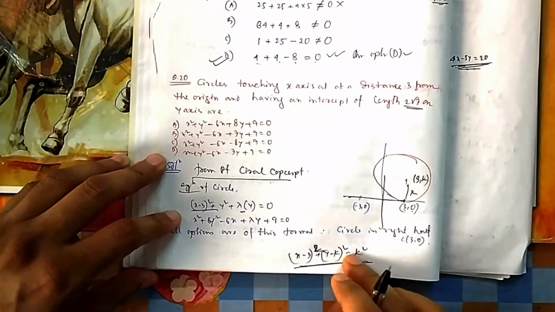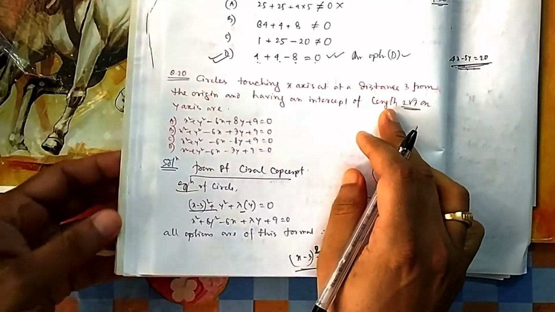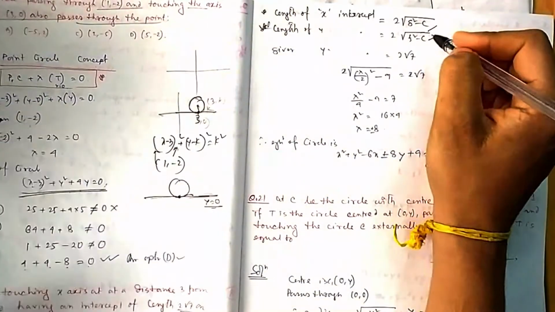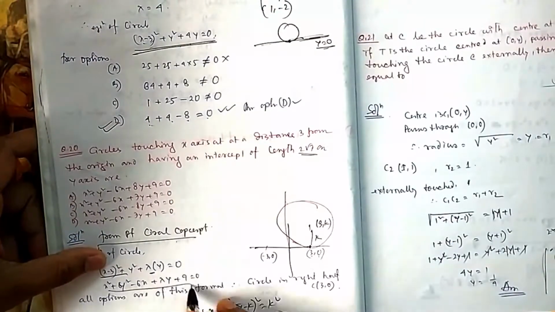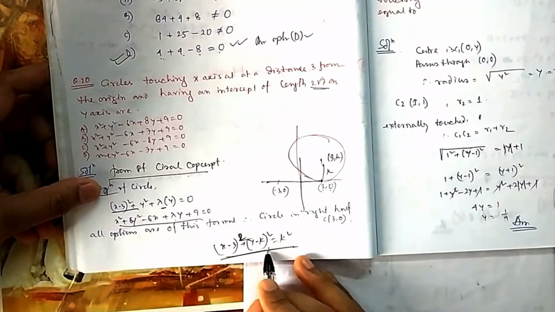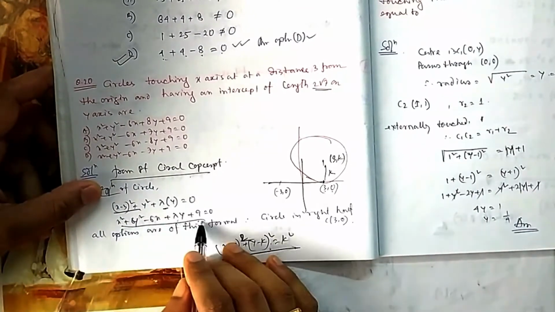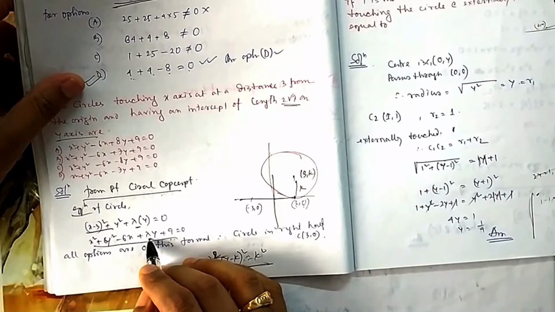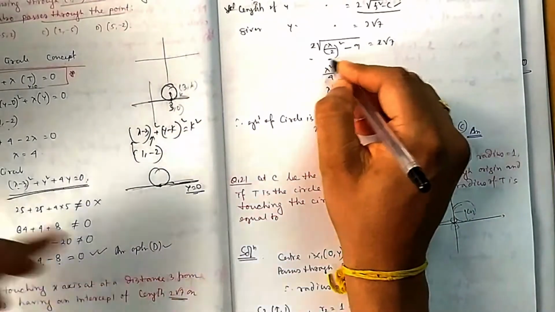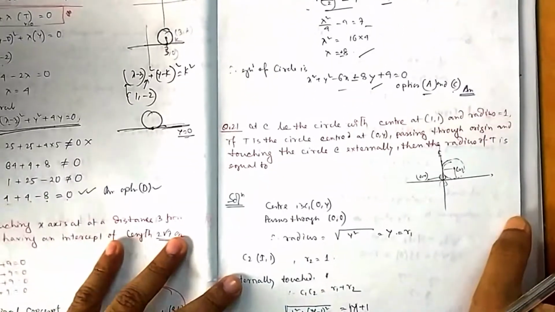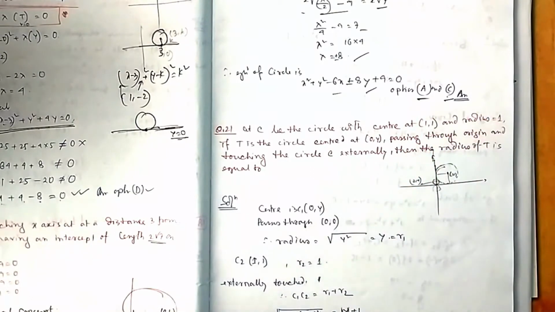So what is its y-intercept? You can remember the x-intercept and y-intercept formulas: 2 under root g square minus c for the x-intercept, and 2 under root f square minus c for the y-intercept. If your circle is of this format, either you write it in this way, then you expand it. You will find something in terms of alpha, lambda, and you will find k here because I have taken k. The y-intercept is given, right? Having an intercept of this on the y-axis. So the y-intercept is 2 under root f square, plus. What is f here? f is lambda by 2. So this is 2 into root of lambda square by 2, and that should be equal to 2 root 7. If you solve it, you will find lambda. So there are two equations. It is a multiple correct option question, so either A and C. So both these options are correct.